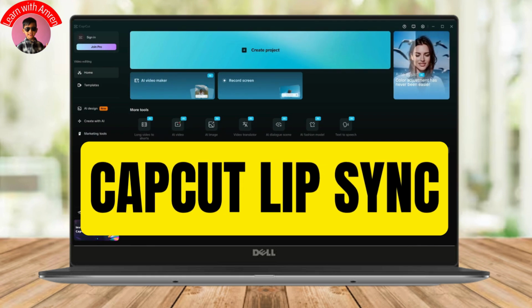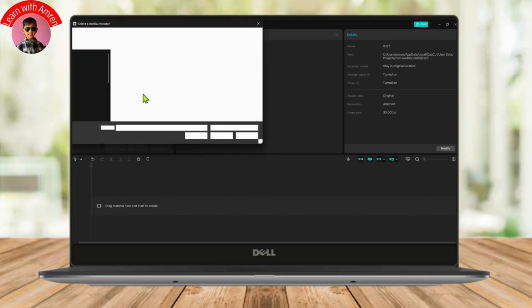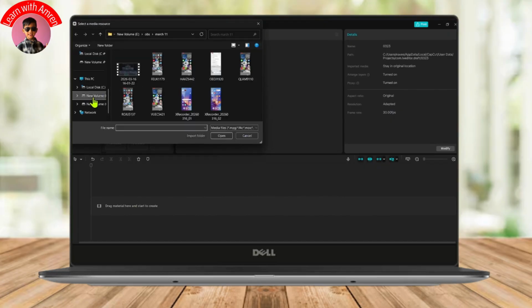CapCut Lip Sync. So if you want to use the CapCut Lip Sync feature, then what you need to do is first you need to open up your CapCut application. After opening your CapCut, you need to go with Create Project. And then you need to go with Import, which will be on the left side. And from there, you need to just simply go and select a video, any video that you're comfortable with, and